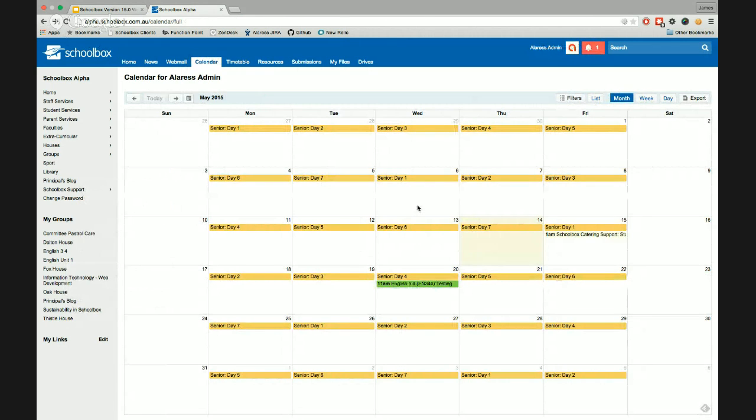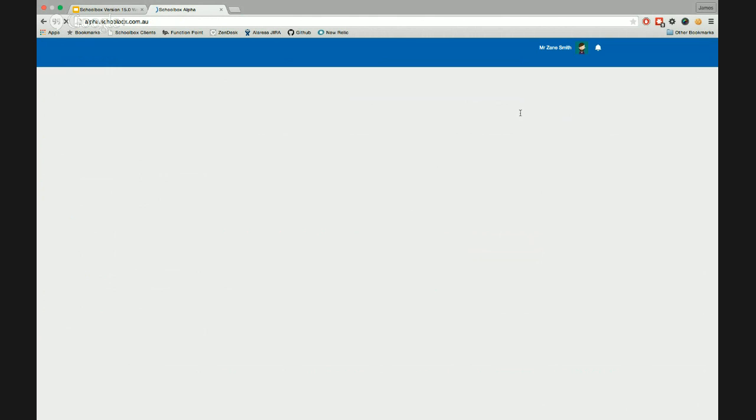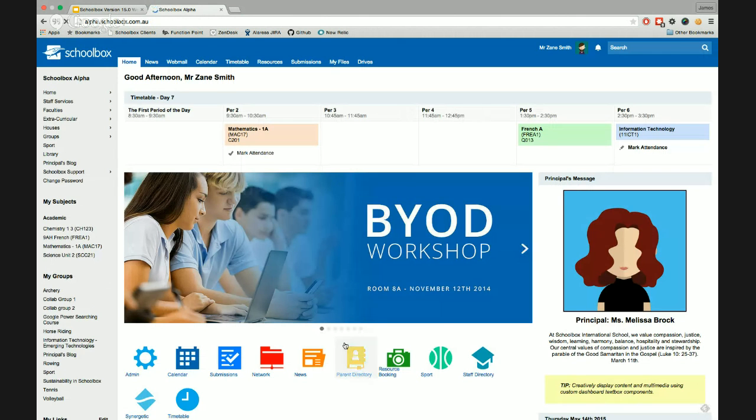I think that's about all for my admin section at the moment. I think now I'll quickly log in as a teacher and go through some of the teacher functions. So we'll use the linked accounts, obviously. I've actually linked my admin account to my test teacher, student, and parent account, so I can quickly jump between them. Makes life a lot easier for me. Logging in as a teacher,